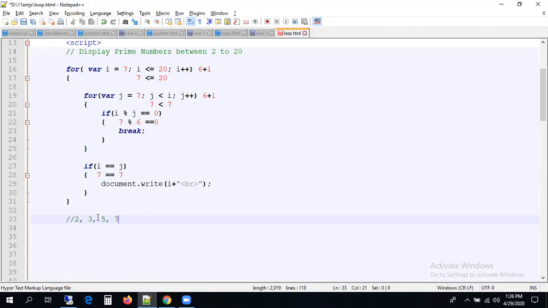How many number of times? The value of i. What is the value of i? 7. So this loop should be iterated from 2 to 7 times. If a number is even, it will break. Otherwise, it is going to be evaluated, guys. This is how the loop is going to be iterated and will print all the numbers. This is nothing but printing prime numbers between 2 and 20.